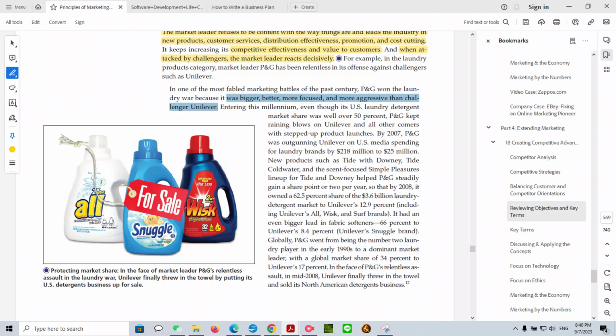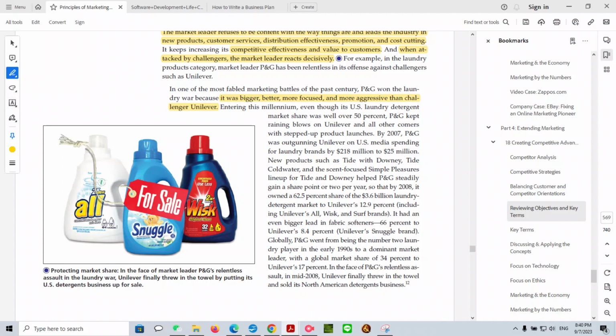Entering the millennium, even though U.S. laundry detergent market share was well over 50%, P&G kept raining blows on Unilever and other foreigners with stepped-up product launches. By 2007, P&G was outgunning Unilever on U.S. media spending for laundry brands by $218 million to $25 million. New products such as Tide with Downy, Tide with Cold Water, and the scent-focused Simple Pleasures lineup for Tide and Downy